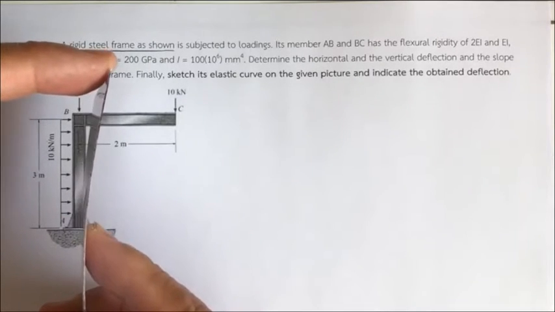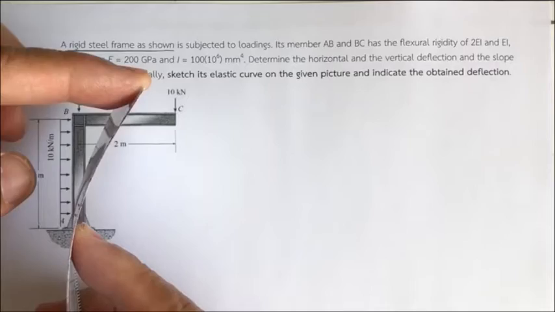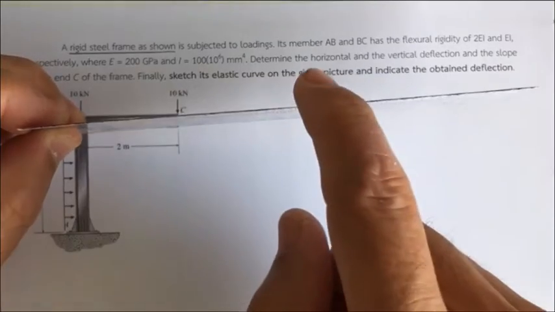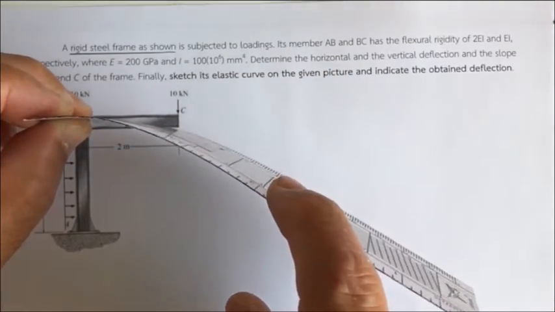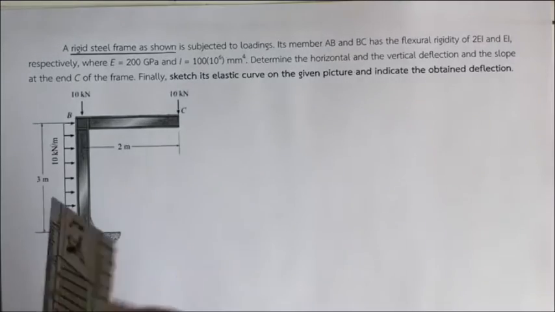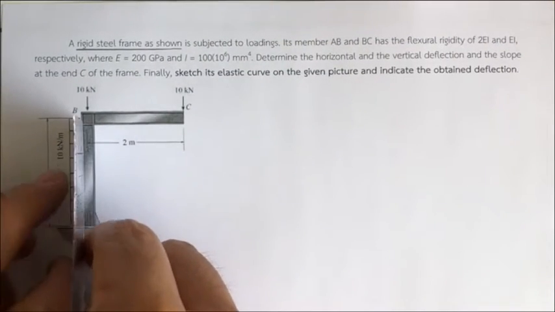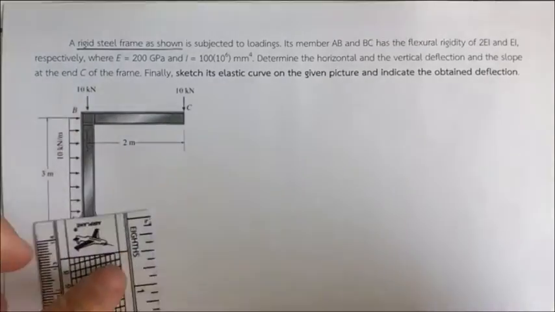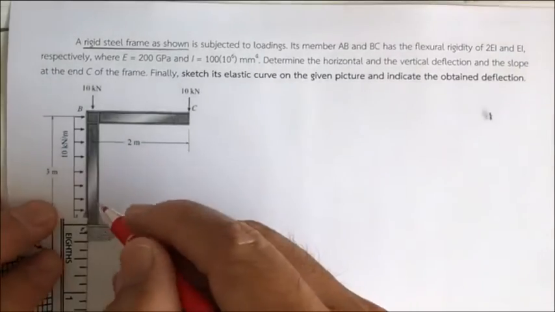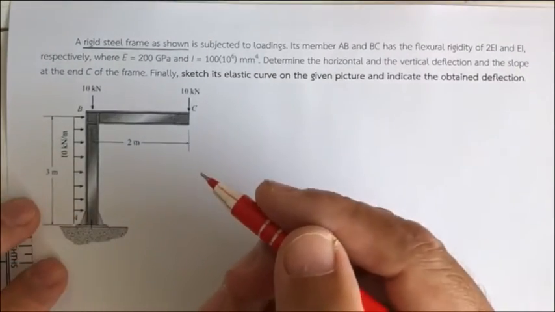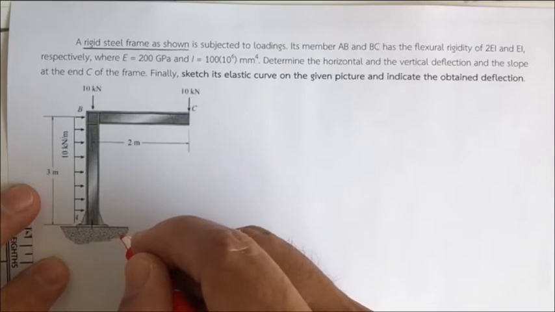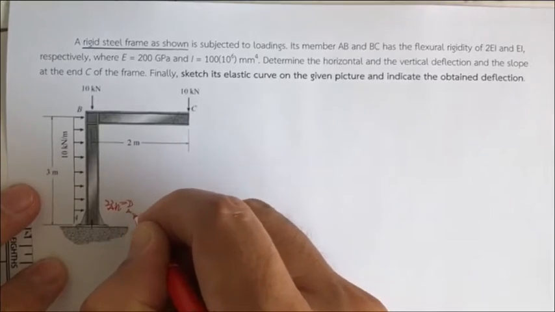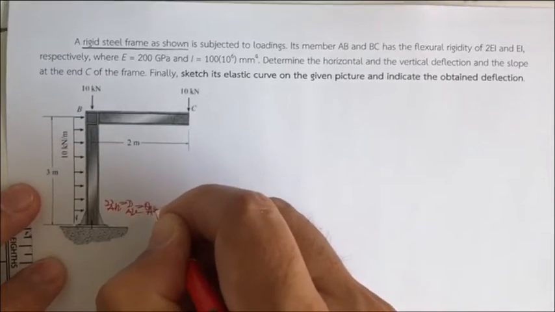like that, this point is going to deform like this, okay? And at the same time for the beam, when it's subjected to the point load, it's going to deform like this. So in combination, we will have the deformation of the frame like this. This one is going to be fixed, okay? When it's fixed, that means V sub A H, V sub A V, and theta sub A are all 0,